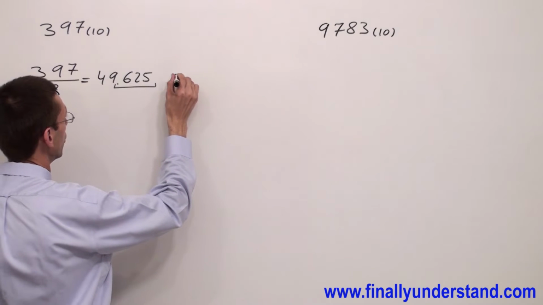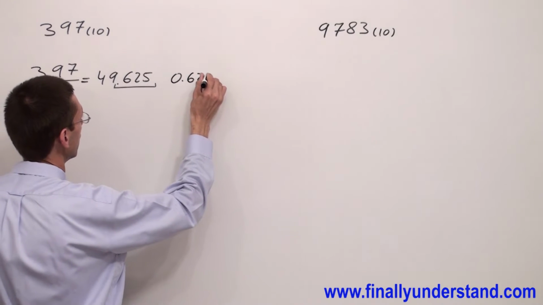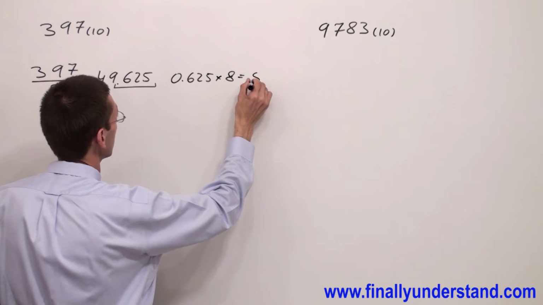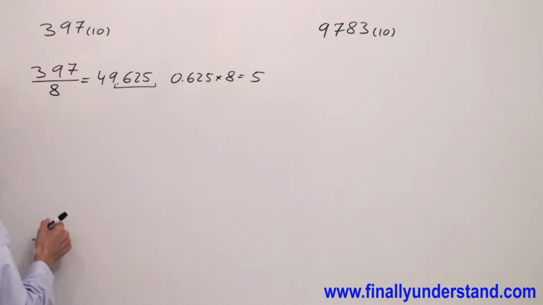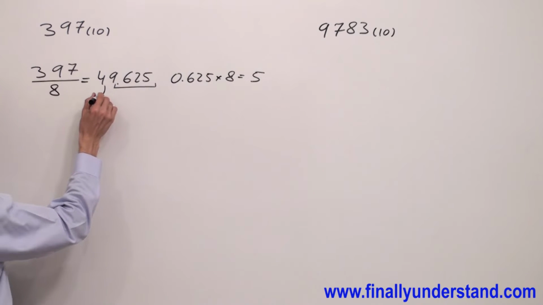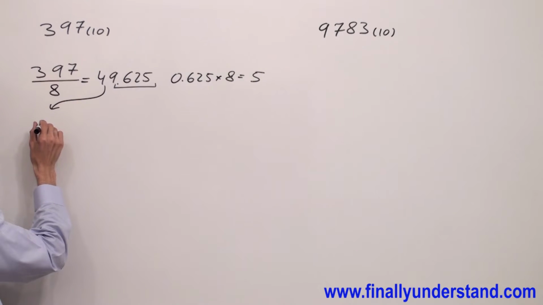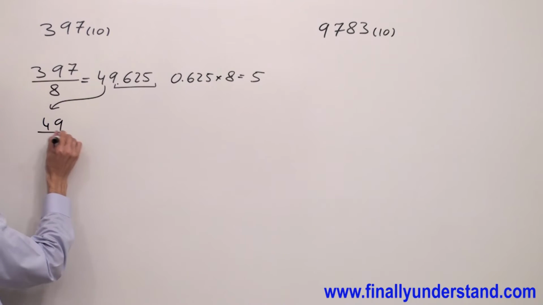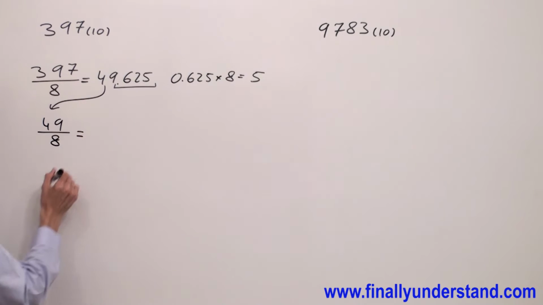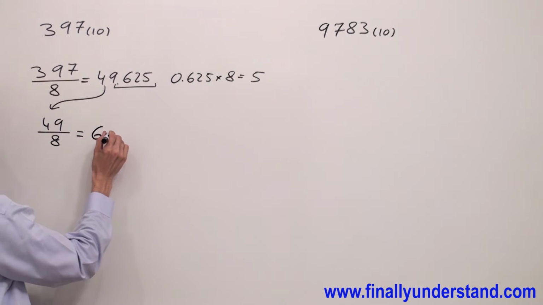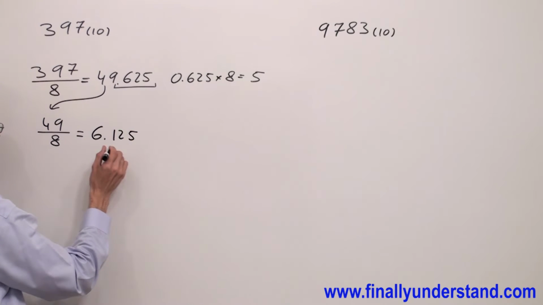So I have 0.625 times 8 is equal to 5. You're supposed to take the whole part of this number and divide again by 8. I have 49 divided by 8. 49 divided by 8 is equal to 6.125. You're supposed to take the